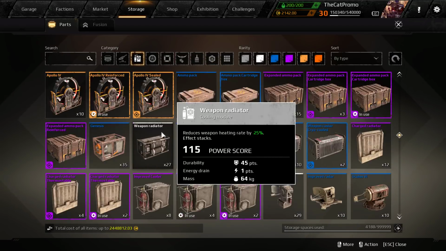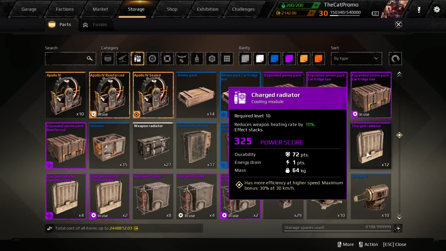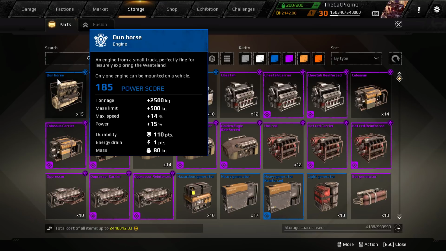Cloak should probably cost a little bit more energy in comparison. Radiators and coolers less, because an energy for one of these is quite a lot. And I would also say reduce the energy cost of the normal rare engines to like a half of what they are now, but